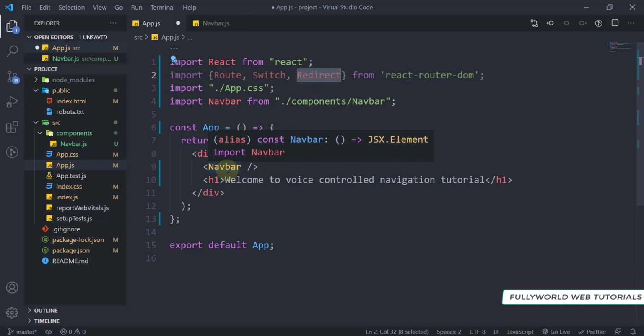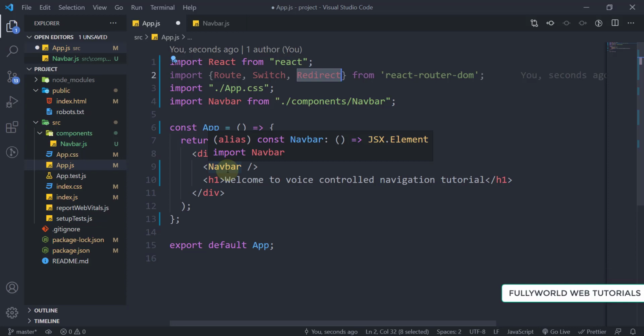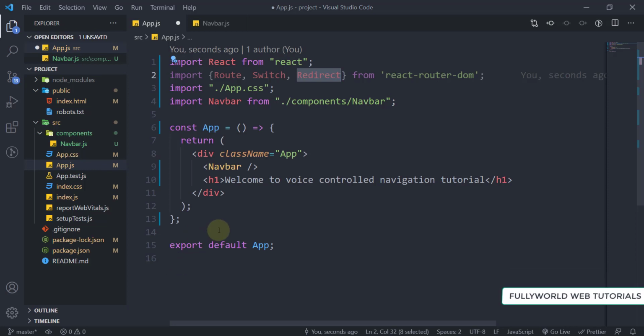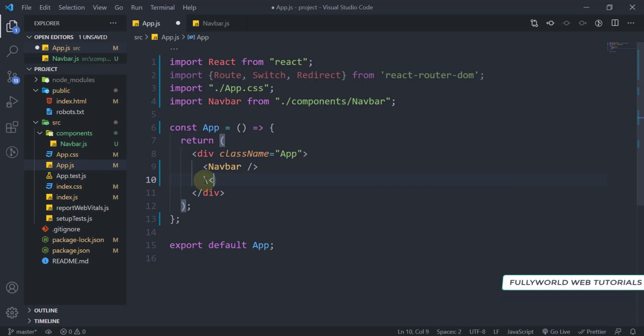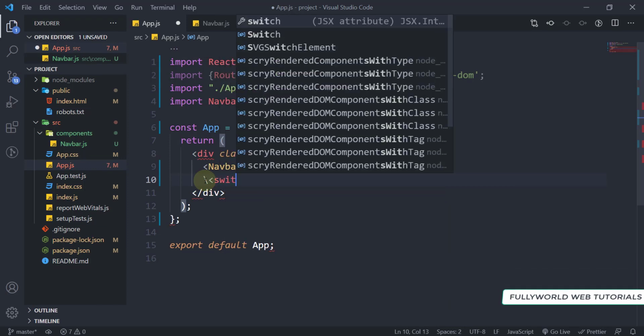Here we are not going to create components yet because this is just our example of how we can navigate. After that you can make components here. If the base is clear, then you can go much further. You can do many updates and move step by step, but the first base should be clear. So here I'm going to write our Switch statement.